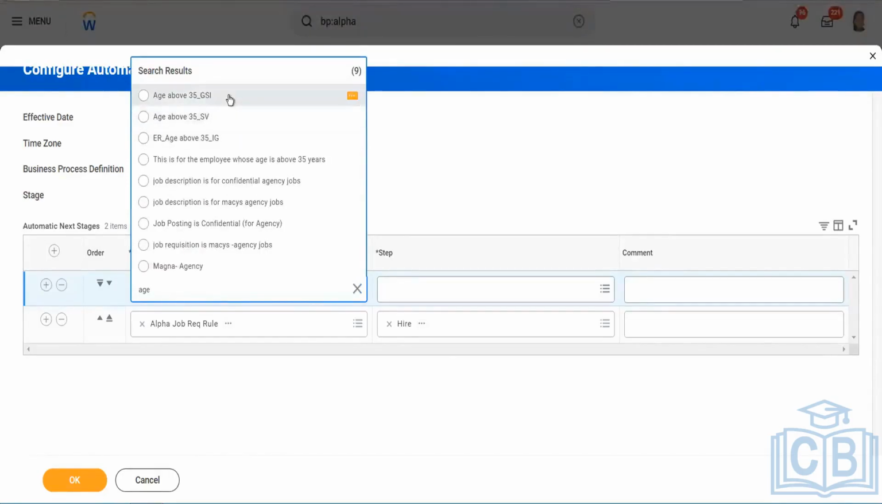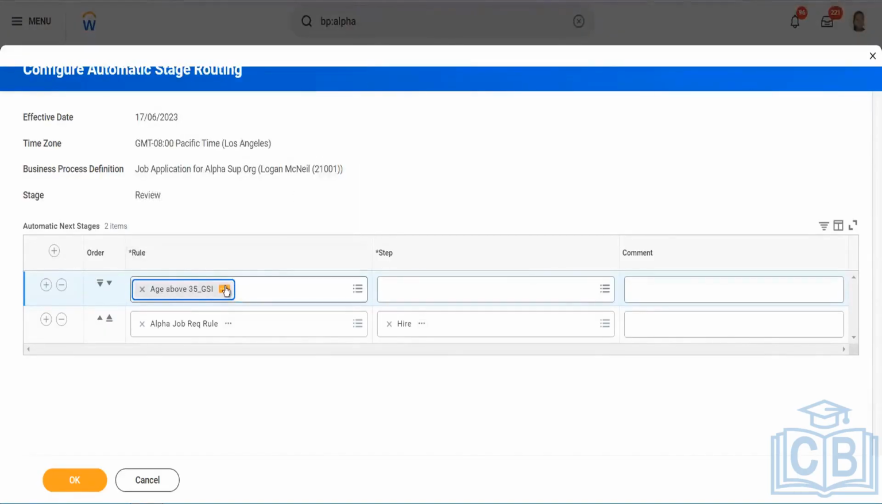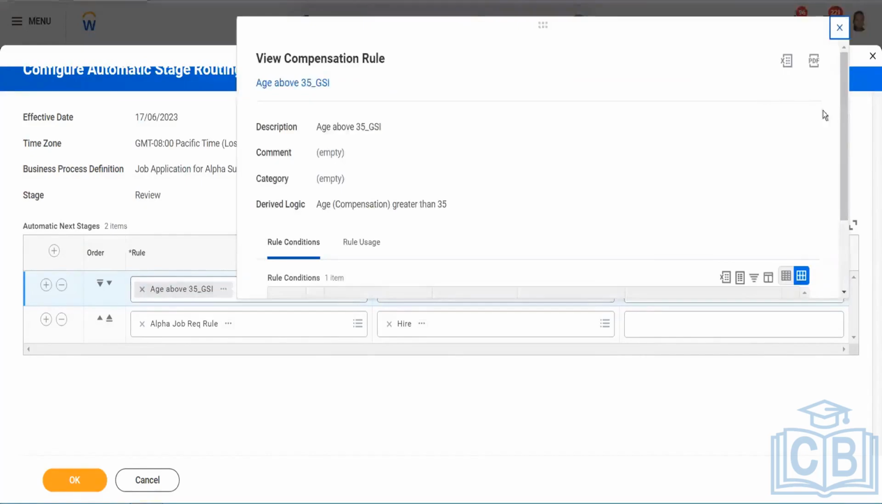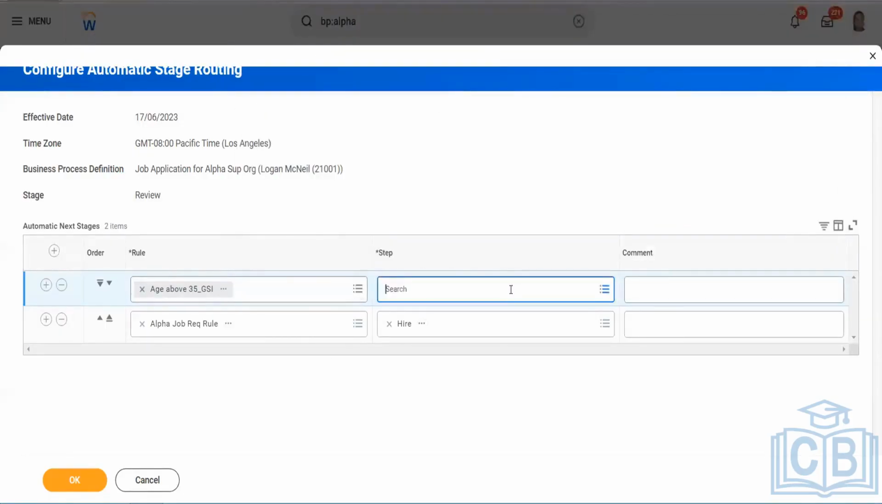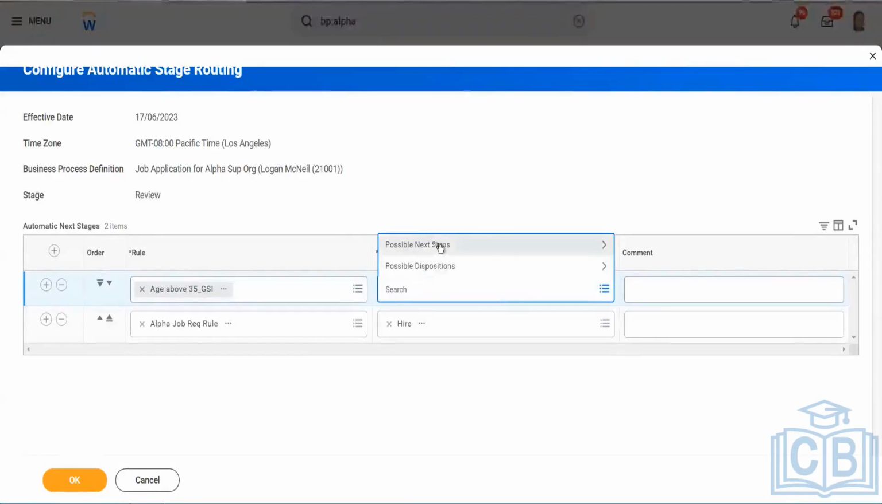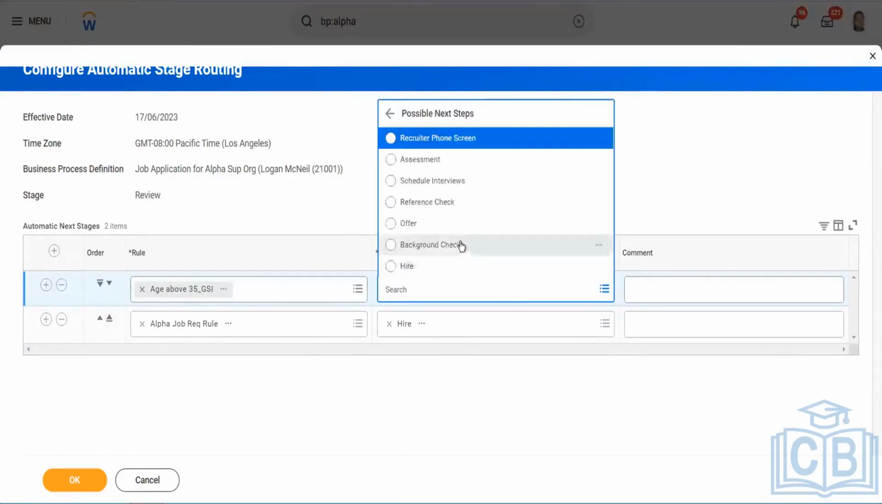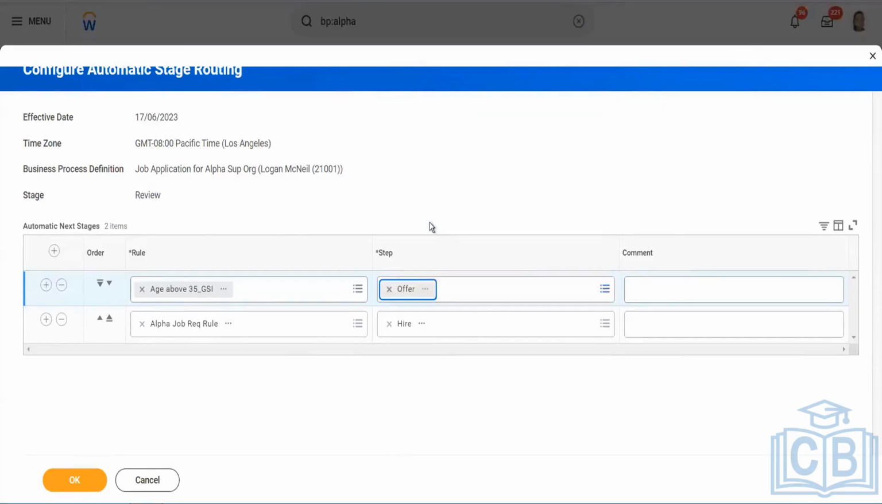Age of 35. Let me see the rule. Age compensation greater than 25. This is the age only. If the age is 35, then we want to either decline him or move him to the next possible step. Let me move him into offer directly, and if I select anything else,